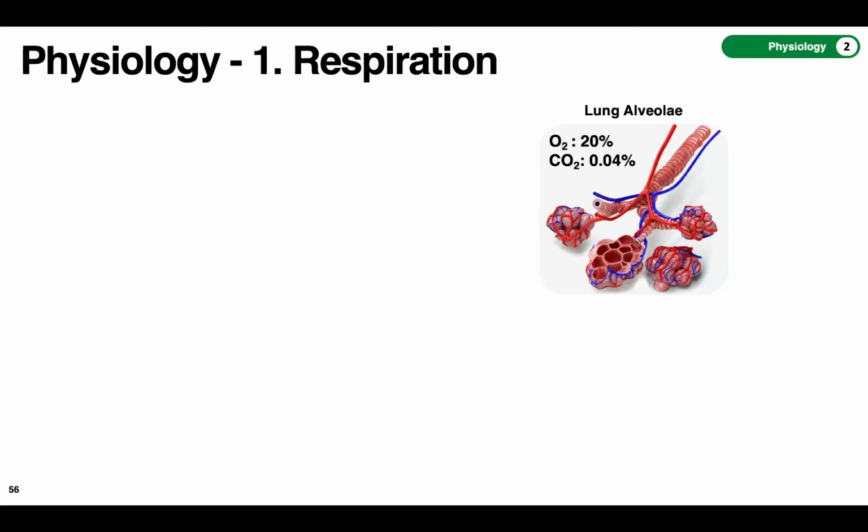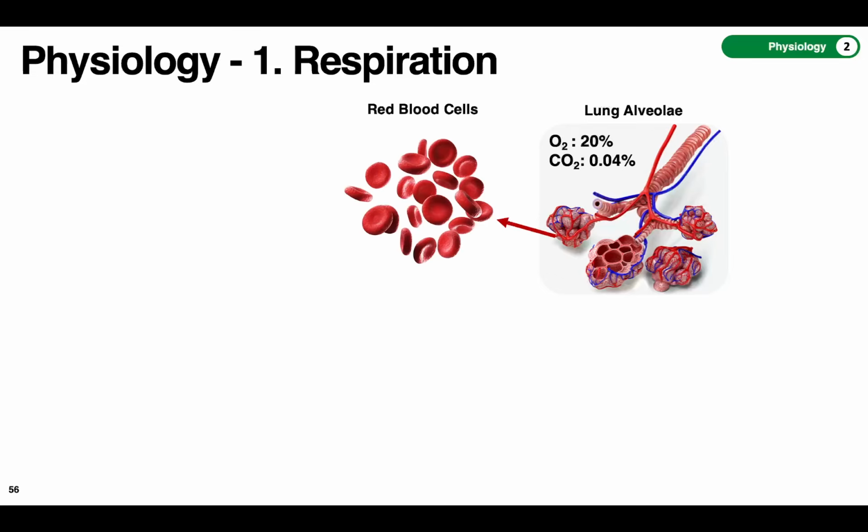So the CO2 is going to go out. How these pressures are managed, that's kind of the whole system, the cardiorespiratory system. And so the oxygen, once it goes into the bloodstream, is going to go inside the red blood cells, and then in red blood cells it's going to diffuse passively to reach the proteins